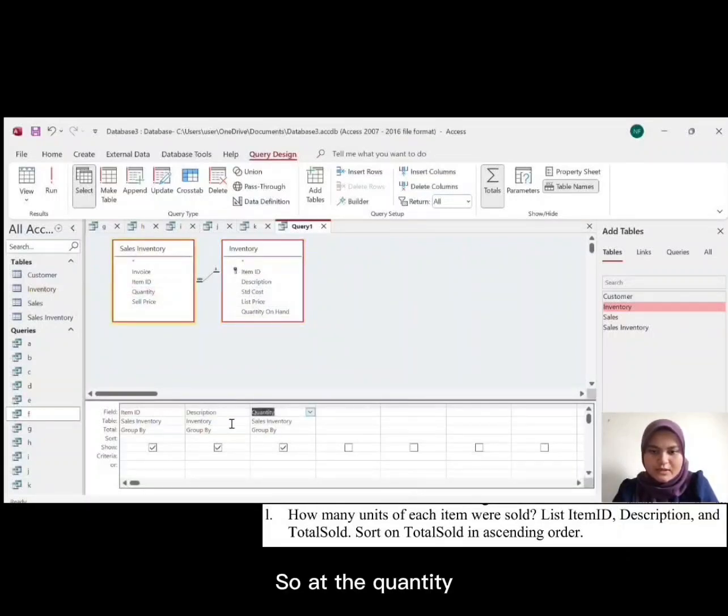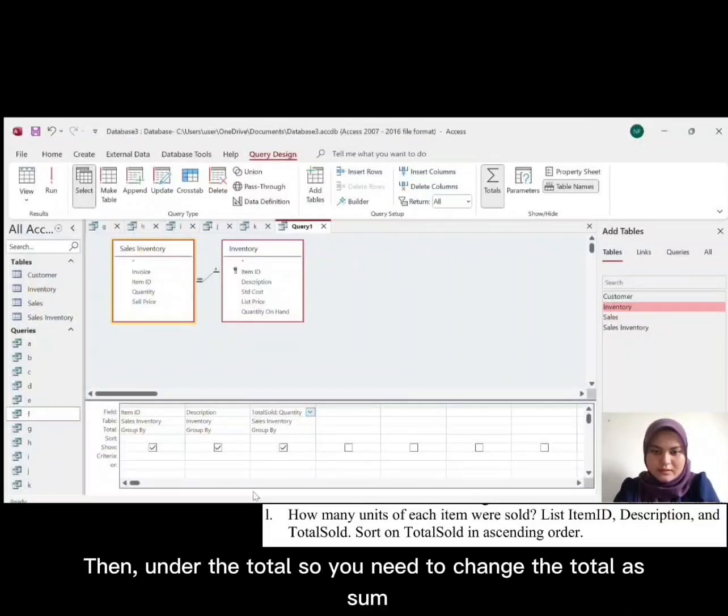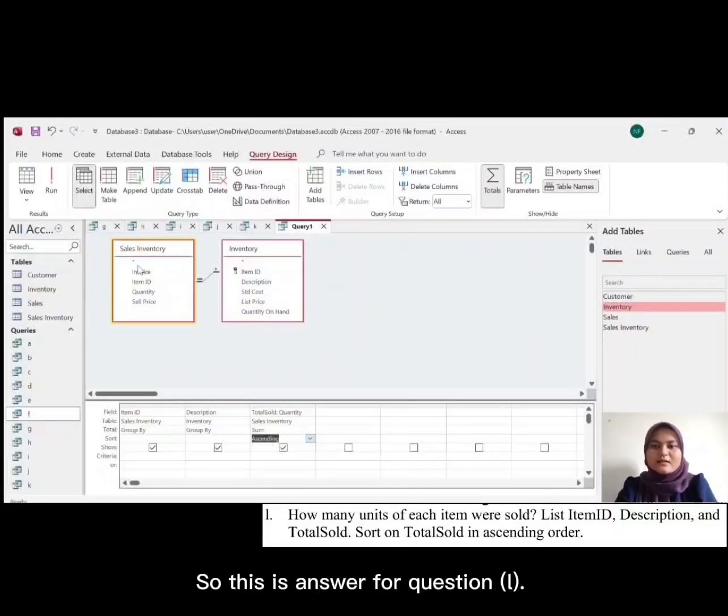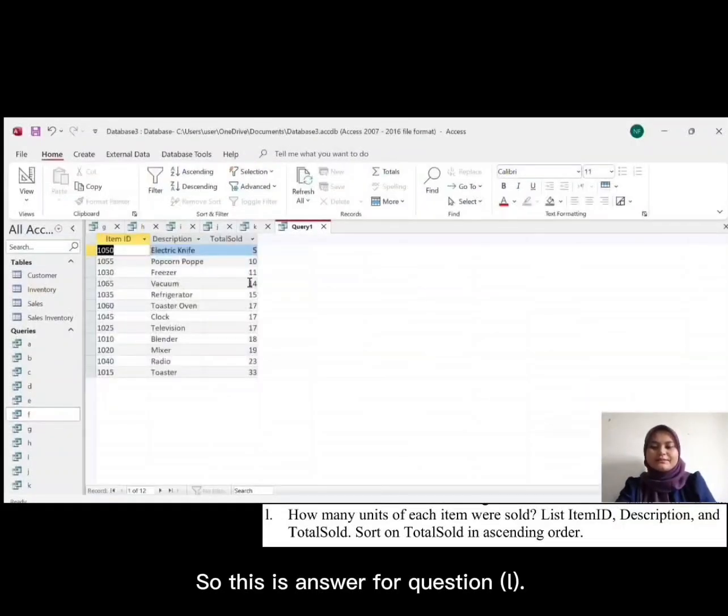At the quantity, you write like this, total source quantity. Under the total, you need to change the total as sum, and you need to choose the sort ascending, and then you run. So this is the answer for question L. So you need to name it as L.